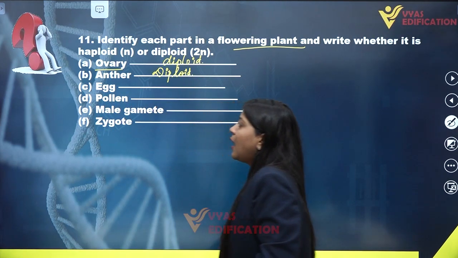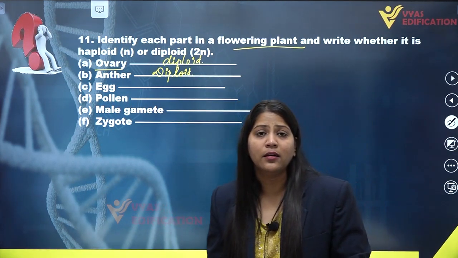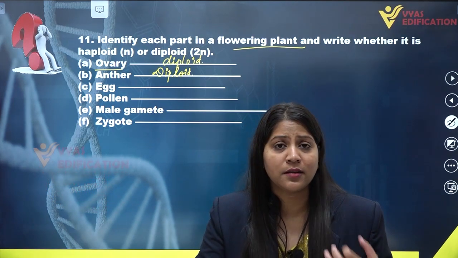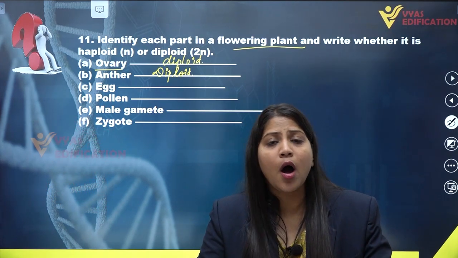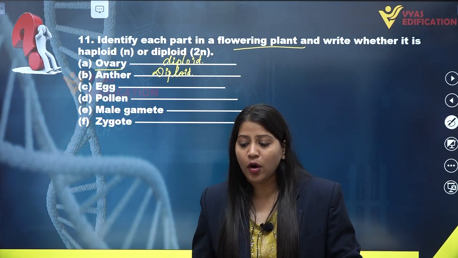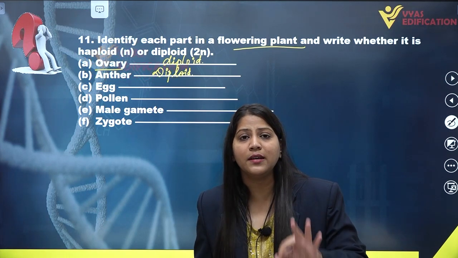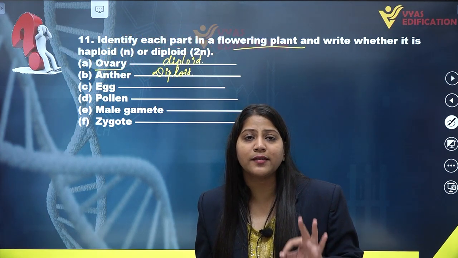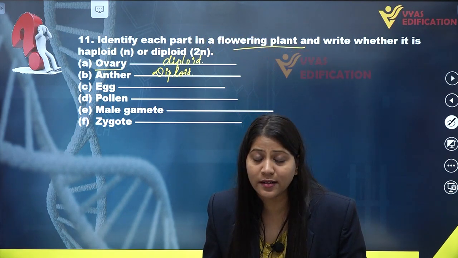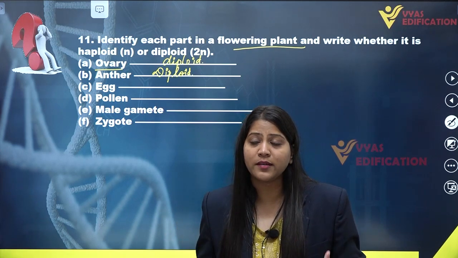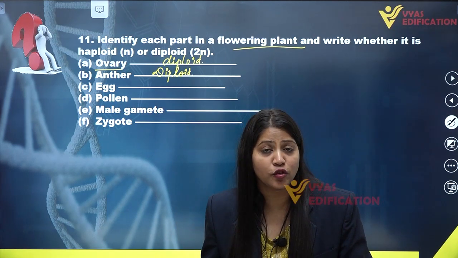Alright. Third is egg. Now egg, pollen grains and male gametes, sperms, ovum, all these are known as gametes. And every time, if we talk about the gametes, they are always haploid. The gametes are always haploid in case of a diploid organism also. So if we talk about organisms like us humans, if we talk about the plants like angiospermic plants or